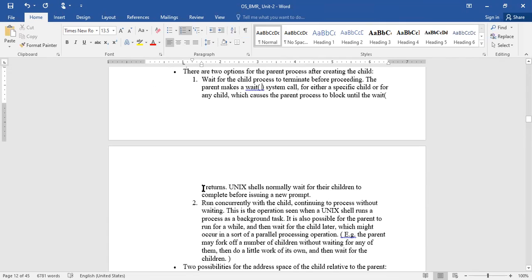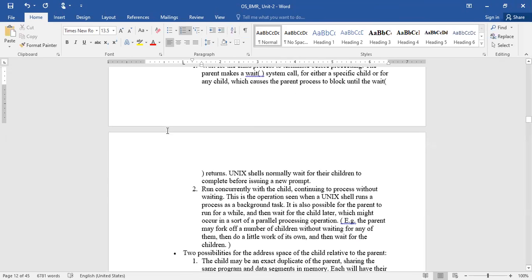That means it continues to process without waiting. The child will continue with its own execution, whereas the parent will continue its own execution. That kind of possibility can also be there. So these are the two different possible options that exist after creating the child process.